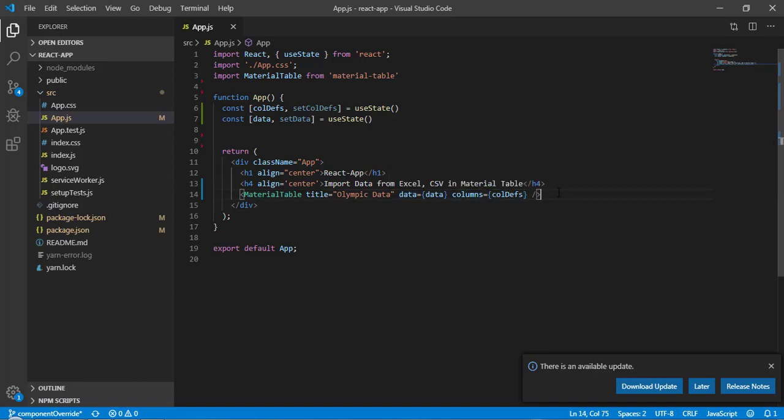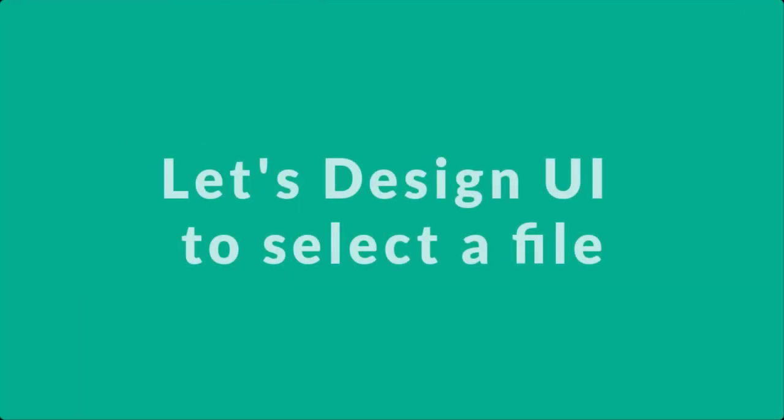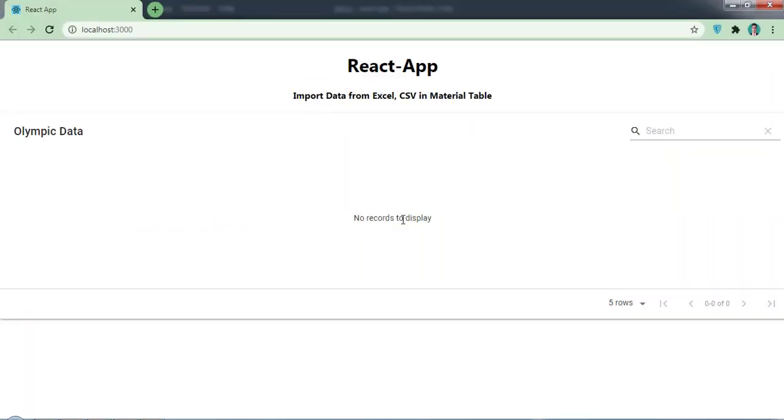So let me show you how our table is looking. Let's come to the browser, and here as you can see we have the heading with no record. Now we have to design an input from where the user can select a file.